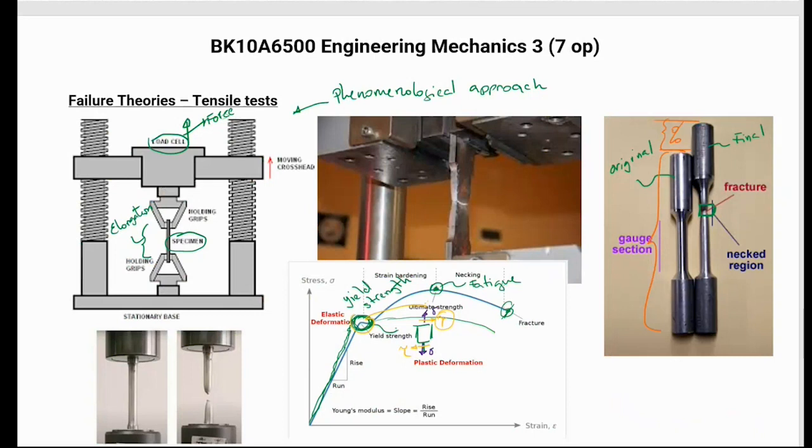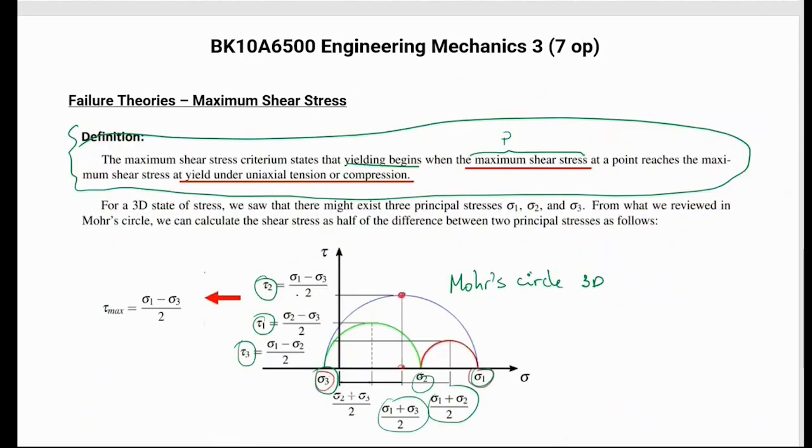So the shear stress criterion is totally based on the tensile test, meaning it comes from applying tension to a specimen. This is a loading case for the tensile test, and at that point the maximum shear stress presented during the test is going to be related to the principal stresses, because